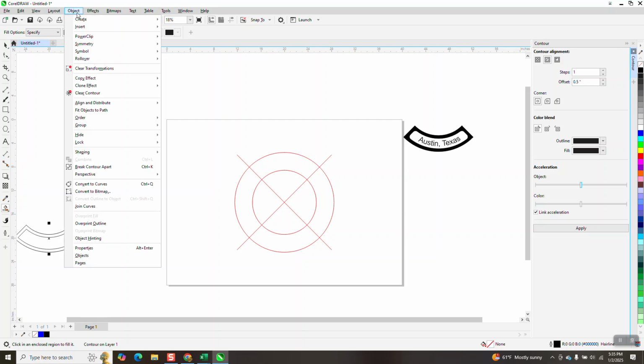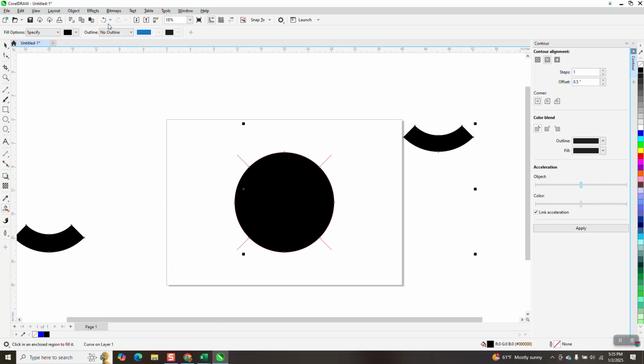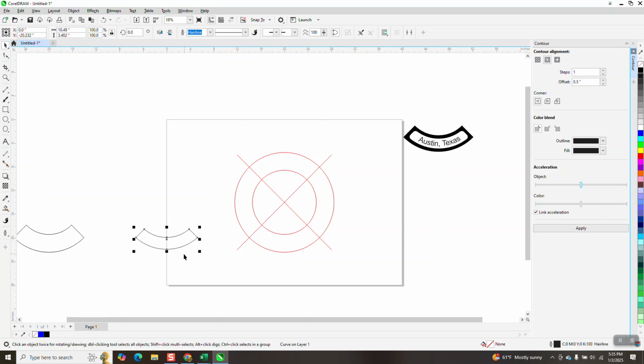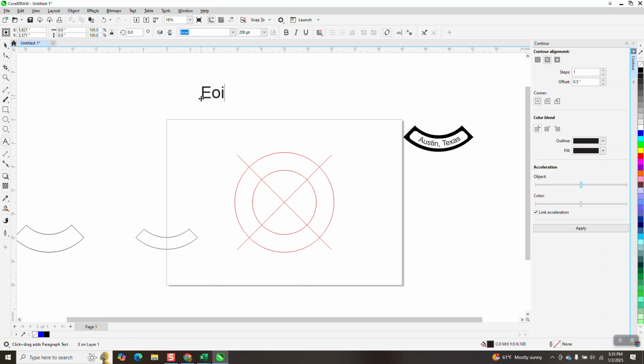Now I'm going to go up to object and break the contour apart. Whoop. That's what happens when you keep the Smart Fill on. Now I'm going to take this and move it over. But I need to put my wordage in there, and I just picked Austin, Texas. Let's do it. Epilogue,